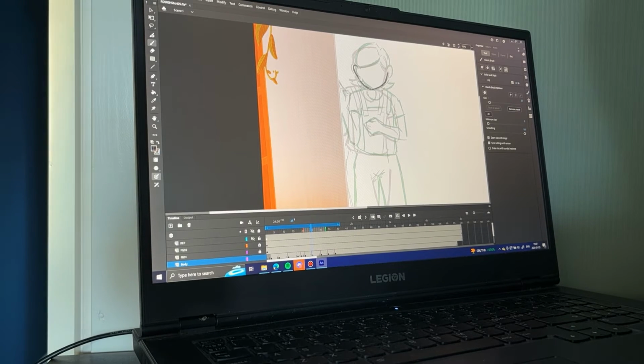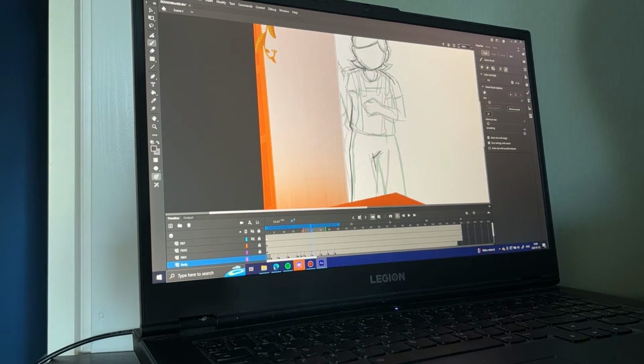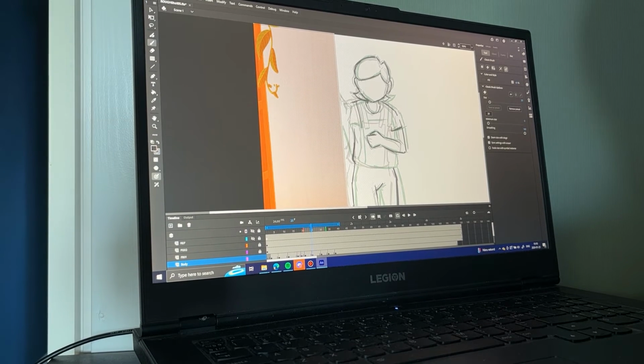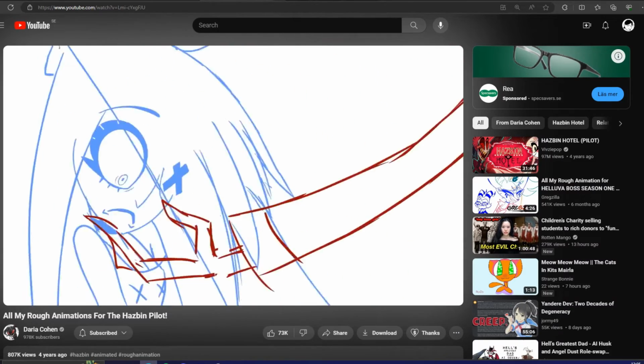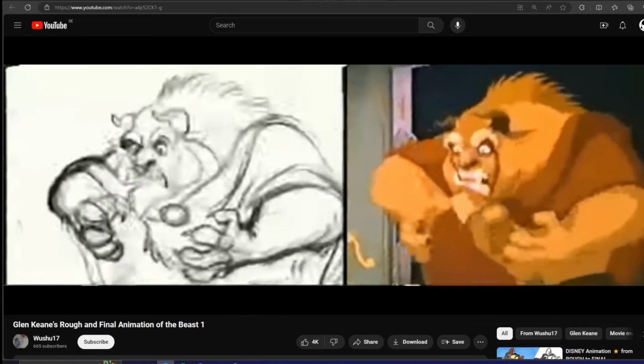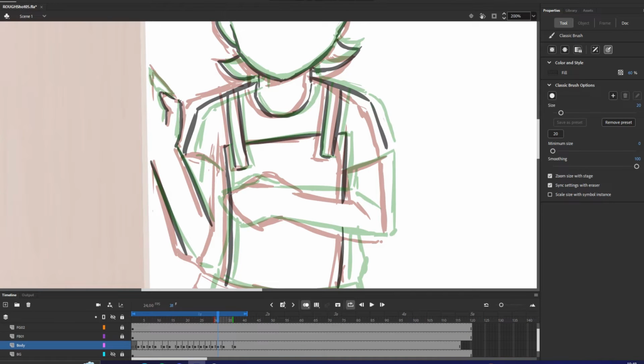So I guess one of my first questions I had was, how rough is rough? How rough do I make these animations? How much time do I put down on these? And the answer or the conclusion that I've come to is it really depends. If you look at rough animations from different animators, they look very different. Some of them almost look really clean, and then you got some of them looking really rough. So I guess it's first of all going to depend on the animator.